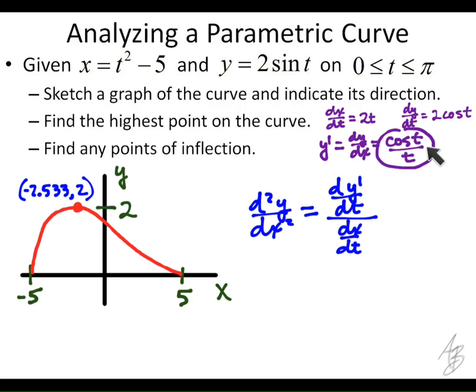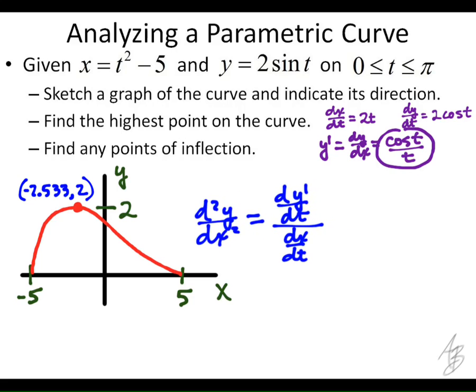So how do I take the derivative of this? What am I going to have to do? I'm going to need to use the quotient rule. So I'm going to need a little more space here. Quotient rule, low d high. What's low? T. D high minus high d low